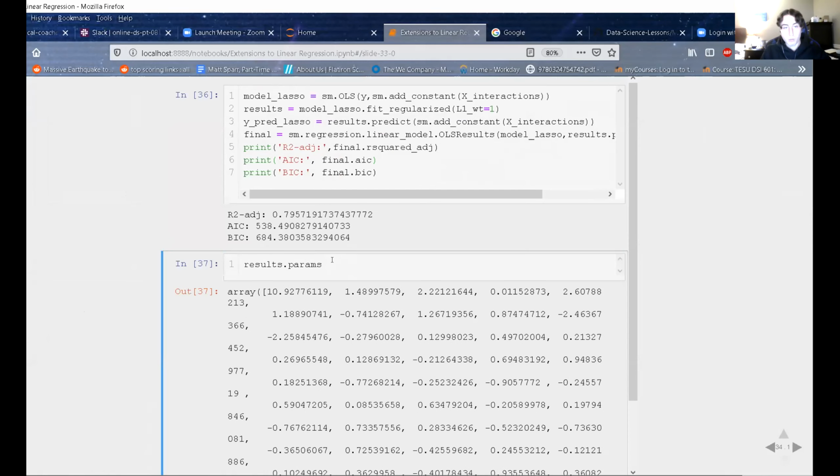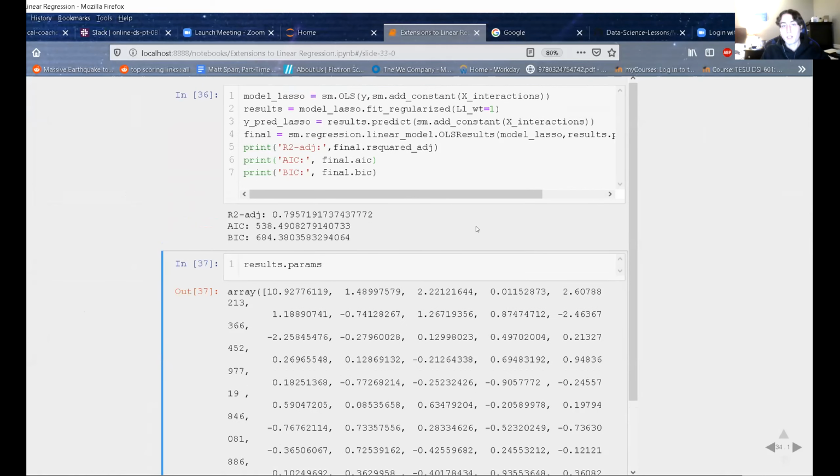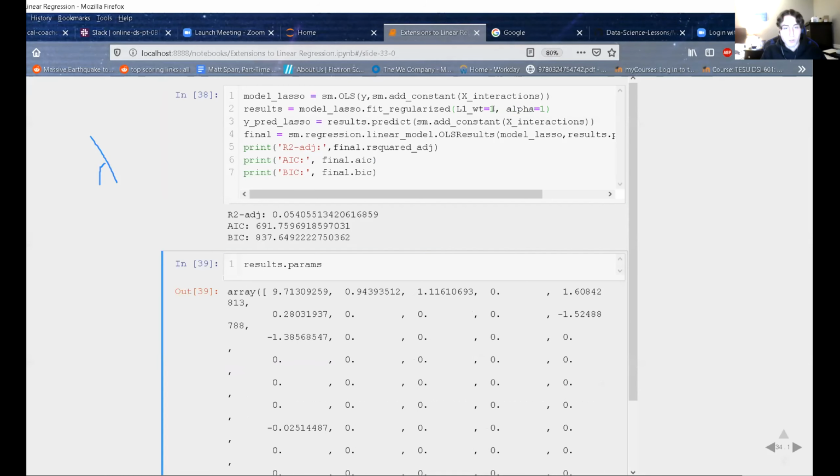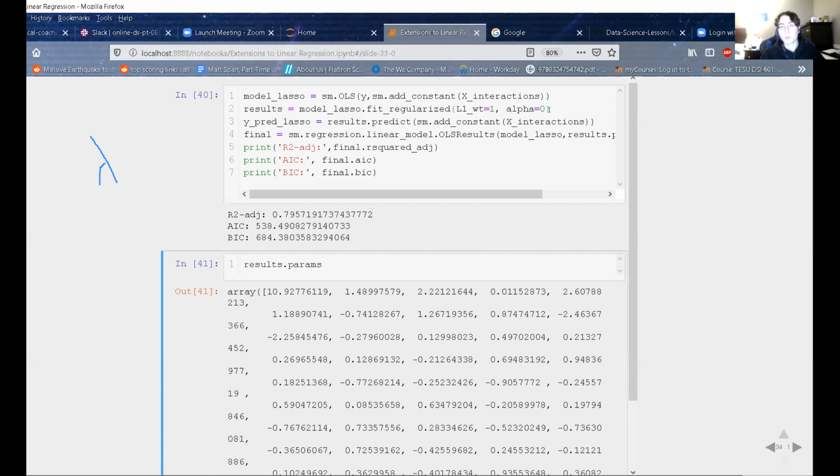So we can print out the params here too. You'll notice that none of them went to 0. This is because, remember that lambda from the loss function, the parameter, basically in this situation, it's known as alpha, and its default is set to 0. So the default is to not include that penalty term at all, in which case none of the coefficients get reduced to 0. But if we increase this just slightly,